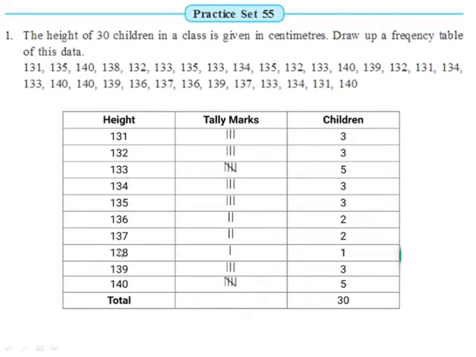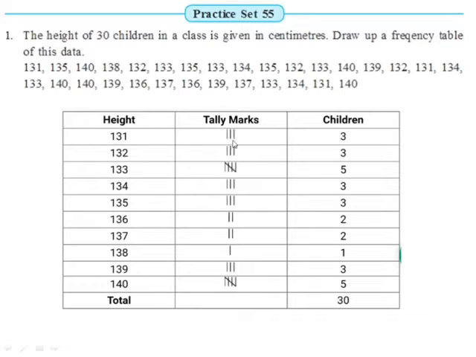Then 138, make one tally mark again for 138 in front of it. Then 132, again make one tally mark for 132. Then 133, make one tally mark for 133 in the second column in front of 133. In this way, likewise, you will put the tally mark for each and every number in the second column for the given score. Now, after putting the tally marks, we will count the number of tally marks.